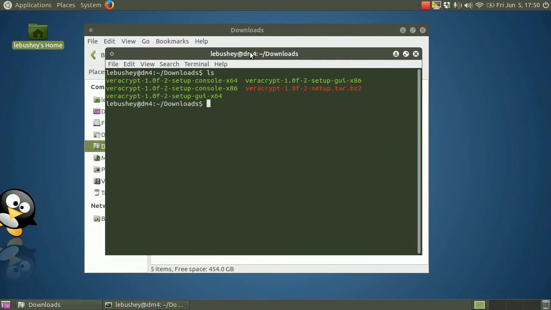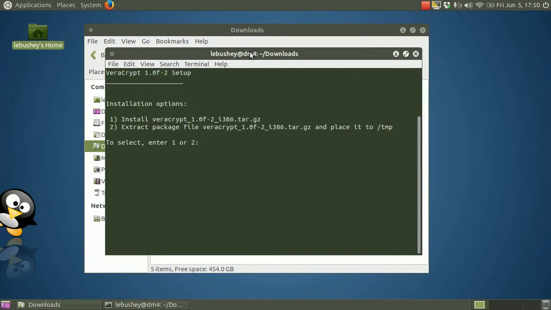Now, to run any script from the command line, you type ./, the period and the slash symbol. This lets the OS know that you want to run the script, not just view it. Without leaving a space after the slash, type the name of the installer file to run. I'll type a few letters, then press the Tab key to complete as much of the file name as possible, then type the next letter and press Tab again until the right file name appears, then press Enter to start